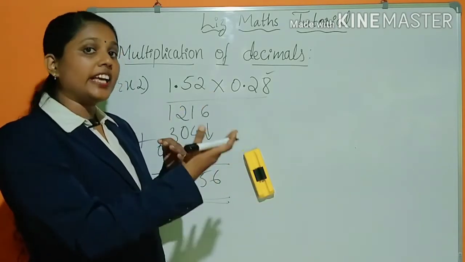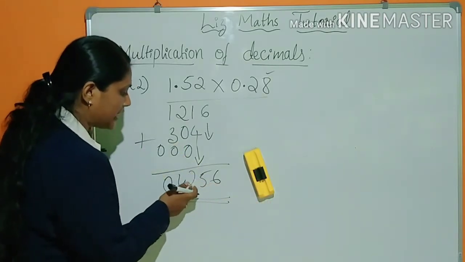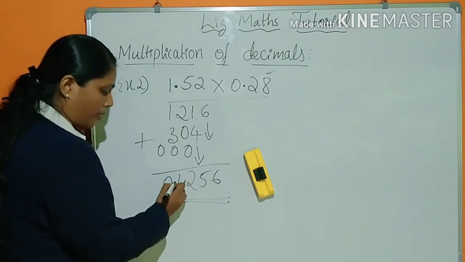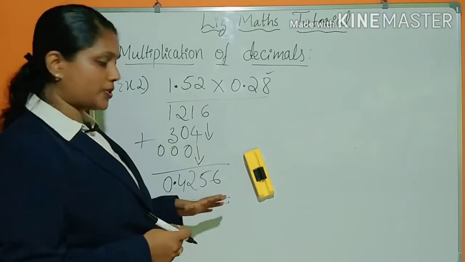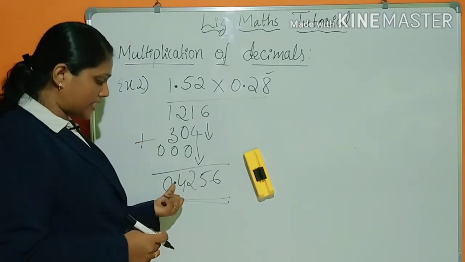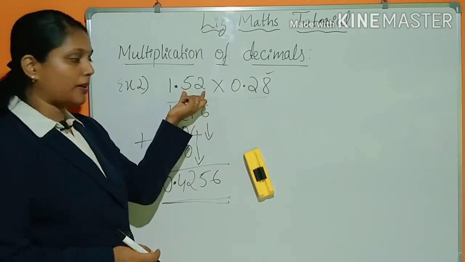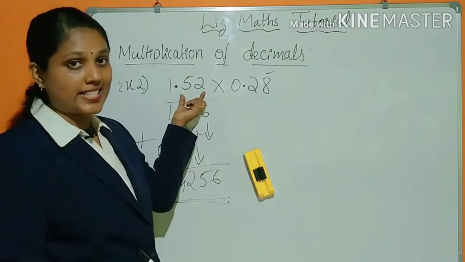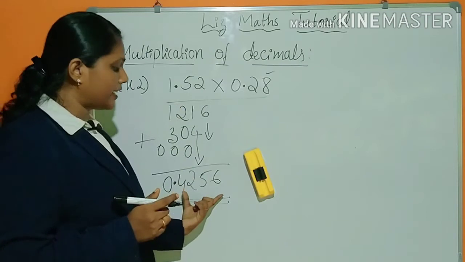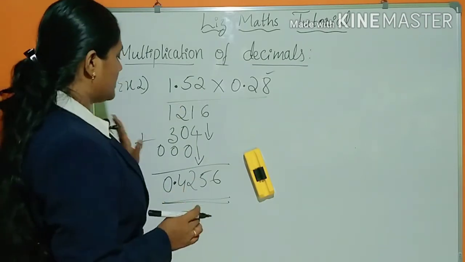So you have to take that 4 places here, start counting here, 1, 2, 3, 4. After this 4 places you have to put that decimal point. Hope you guys understood. So here you have to take this decimal point. How? Considering how many places there are after this decimal point, you have to consider that, then you have to write it accordingly here in the product. Hope you understood. So this is an example.